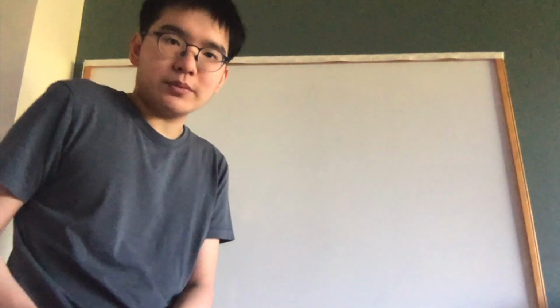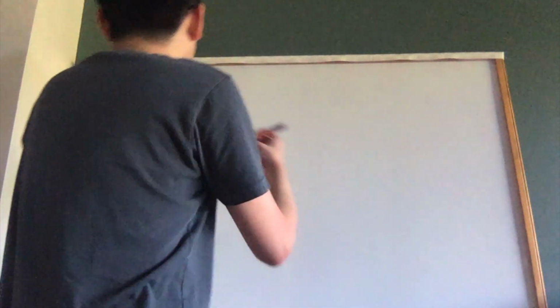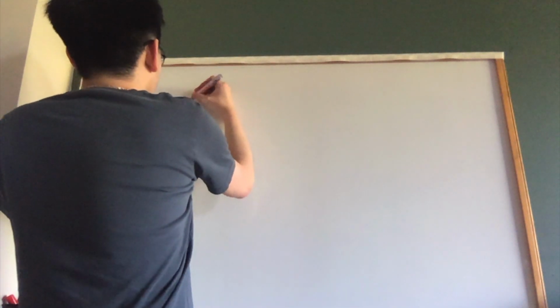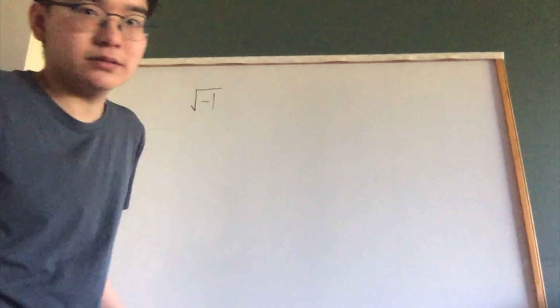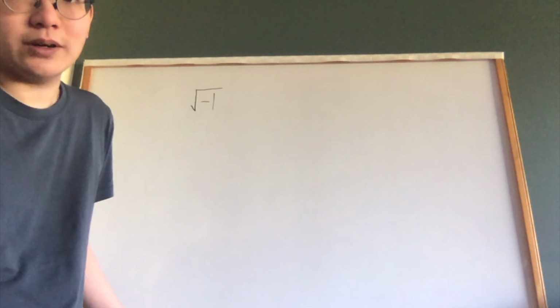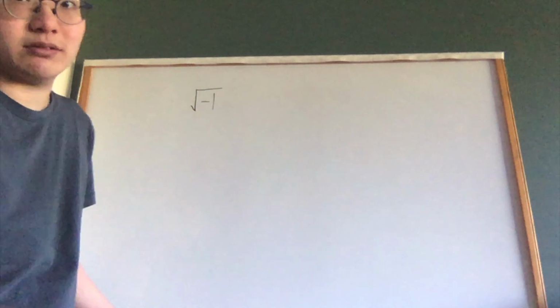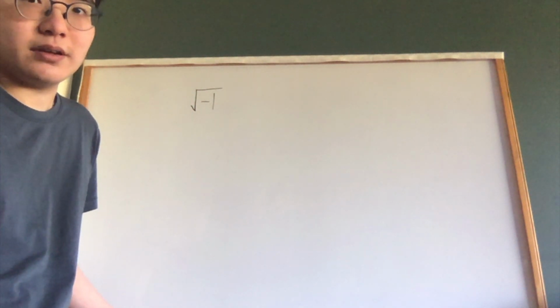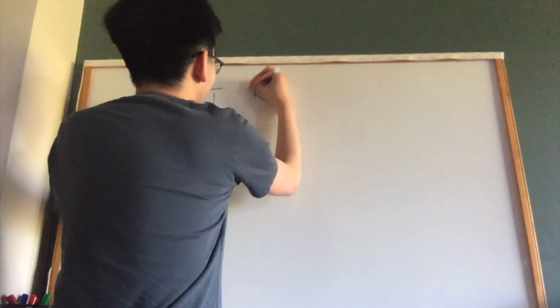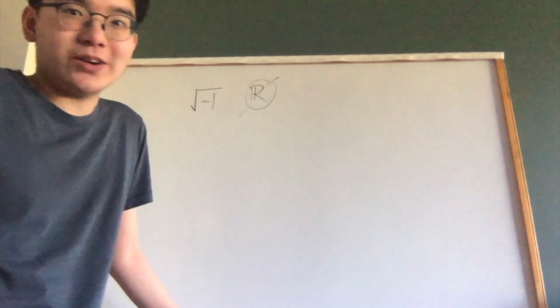So imaginary numbers come from the problem of how we define a negative number inside a radical, the most common being the square root of -1. We have no idea how to deal with this in the realm of the real numbers. Absolutely no idea what to do. So we're going to extend